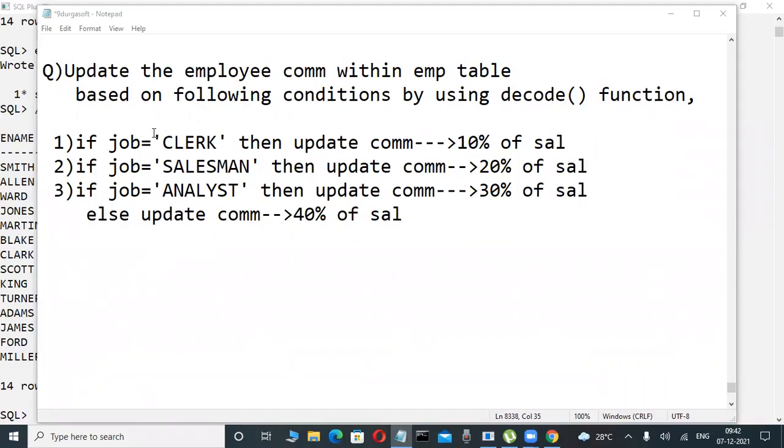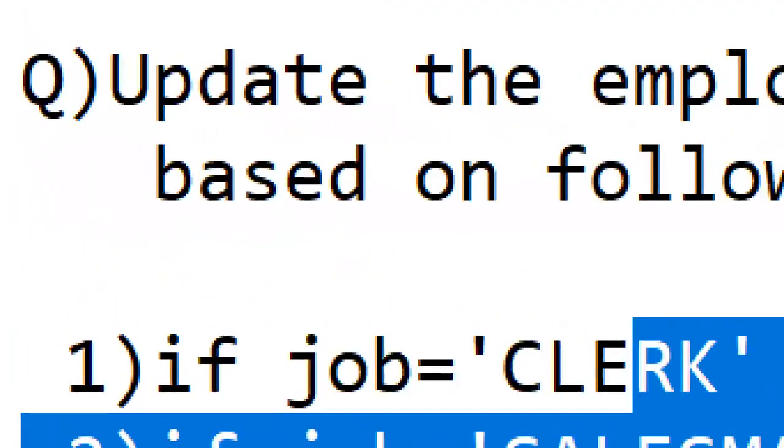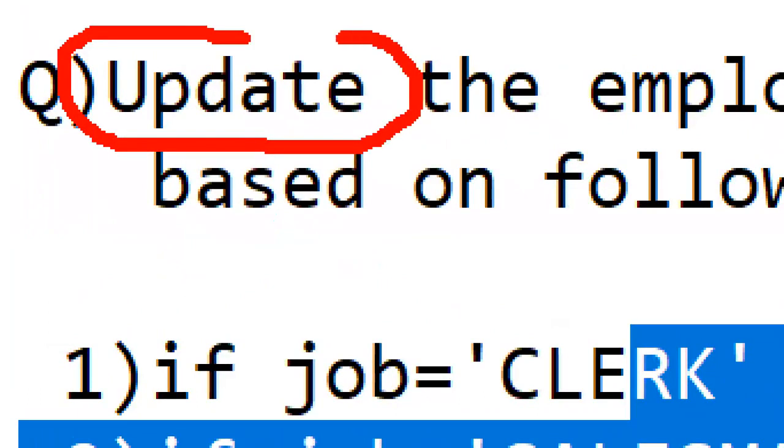Conditionally we are modifying the data means there is no choice in SQL, only DECODE. That's all. Nowadays CASE is there, don't worry. And now here, old-school DECODE is this one only. That's very important. PL means if conditions they are writing, like C++ and Java. But SQL is a non-procedural language, so there is no choice but DECODE. But unfortunately, here DECODE we are using in this case, which one? Update statement, that is important.